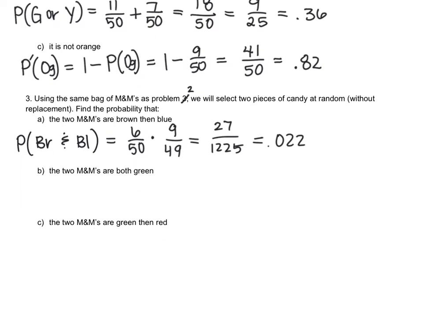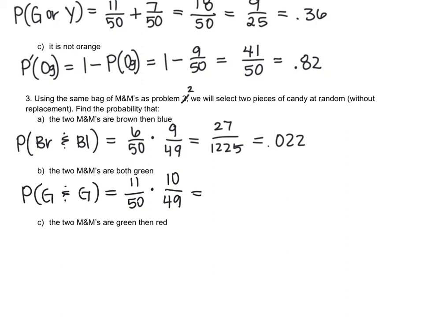Next, we want to find the probability that both M&Ms are green. So that's the probability of green and green. So the first M&M being green is 11 out of 50. The second M&M being green would be 10 out of 49, because we now have 1 less M&M that's green and 1 less M&M overall, which